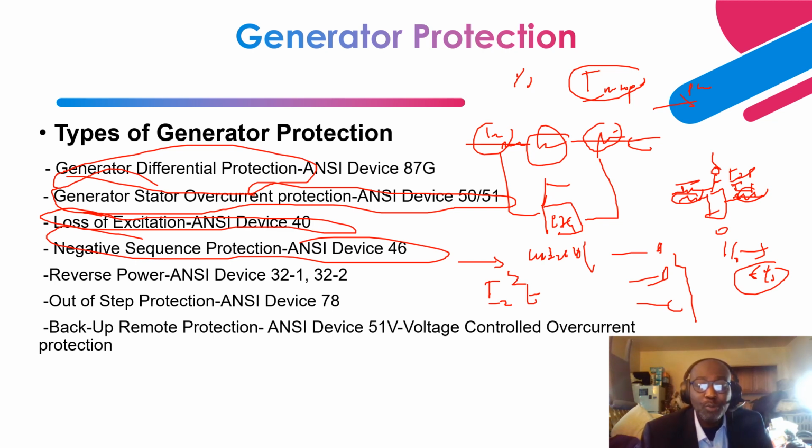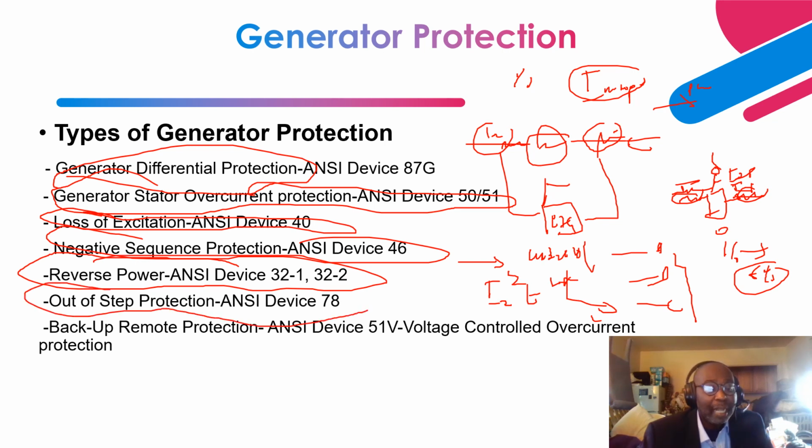The manufacturer will provide you a chart of time versus allowable negative sequence current that you will use to do your settings, along with the maximum negative sequence current that the generator, based on the different types of generators that we have, can withstand. So that's what the protection relay engineer uses to set. Next is reverse power, and I think we did talk about that in the previous slide. Next is out of step, right?